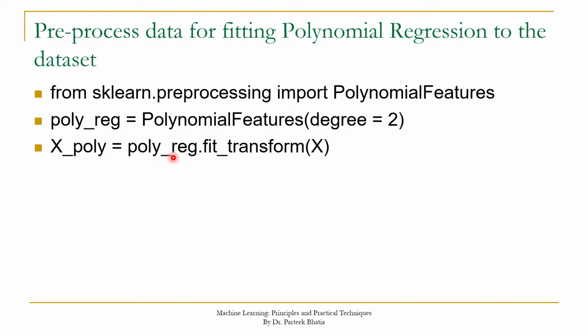You can see from this slide, this X poly has been created by using an object of the PolynomialFeatures class. We have defined degree 2 in this case, and by using the fit_transform method over X, this X has been pre-processed into polynomial form up to degree 2. It is important to note that in case of polynomial regression, the model should be built on X_poly, and all the predictions should be made on the same dataset.